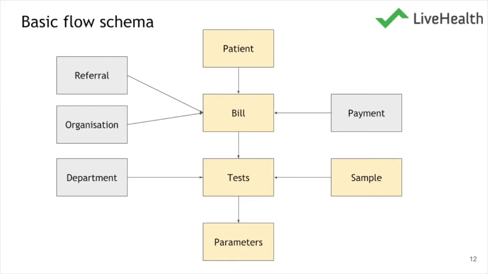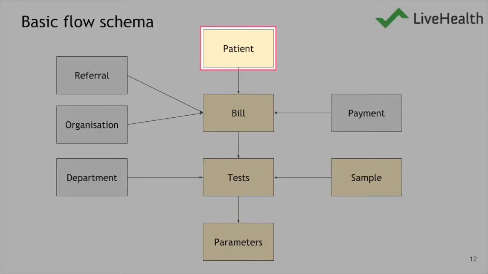Okay, so when the patient walks in, you create a patient entry that creates a patient in the system. So you create a patient with a unique patient ID. Then once you fill the information for the patient and save the details, the next is the bill. So you create a bill for that patient, which will have basically all the test details. So the bill will have tests which the patient needs to perform.